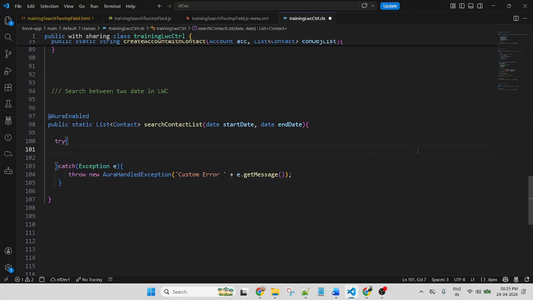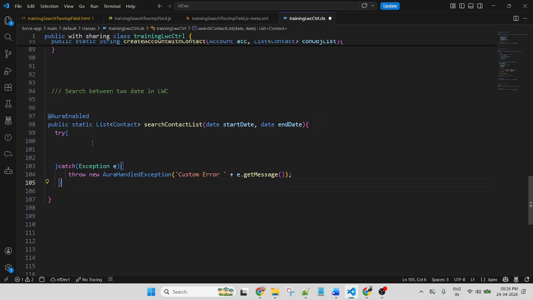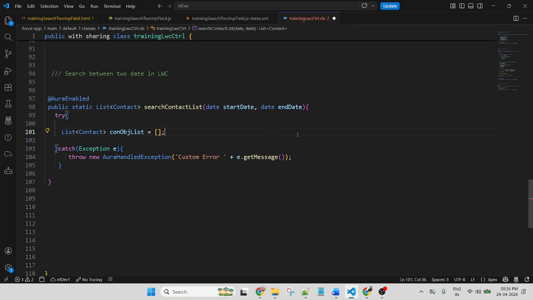Here, this is a try and catch. This is the method. Here, first of all, I will create a list of contact. Then write the SQL query. This is the important part.